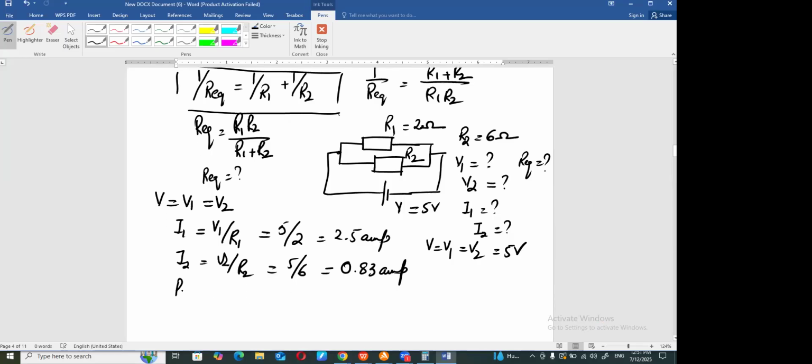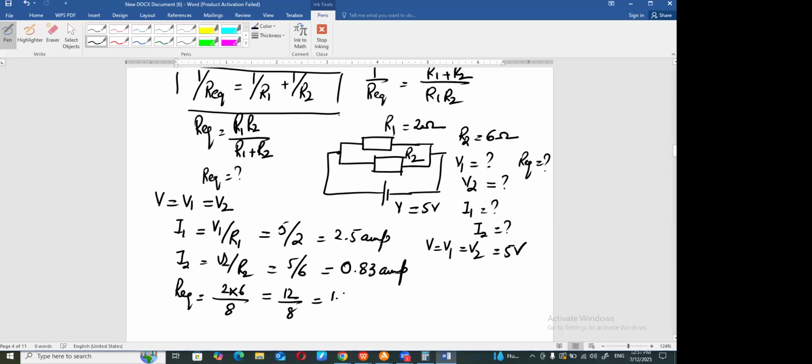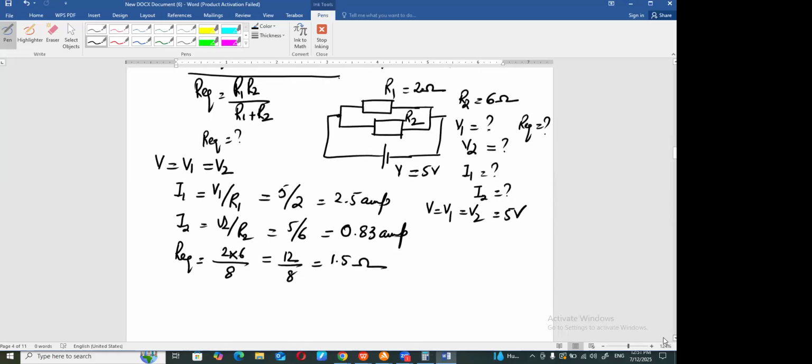Now what is R equivalent? So the formula is R1 R2 upon R1 plus R2, so it will be 2 multiplied by 6 divided by 8. So 12 upon 8. This is the R equivalent. 12 divided by 8 is 1.5. That is the combined resistance in the parallel circuit. Now let's solve a question